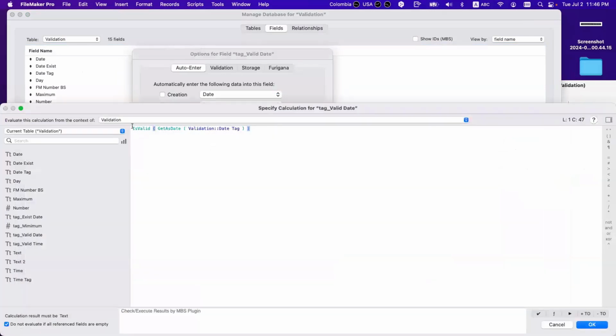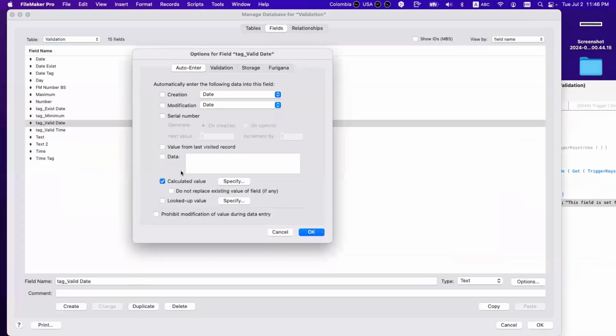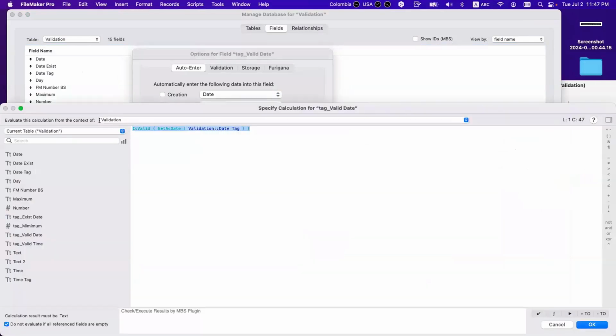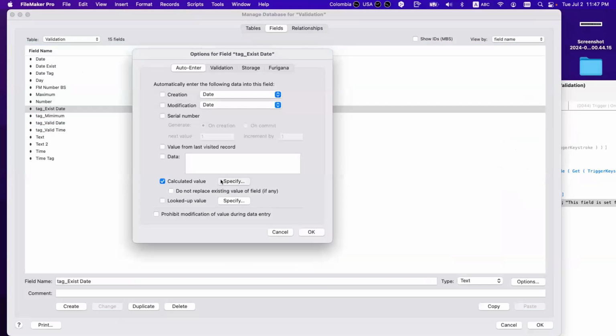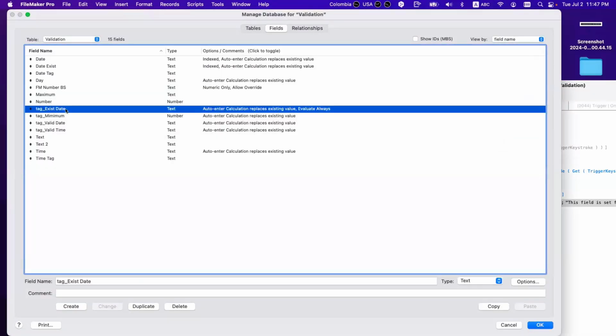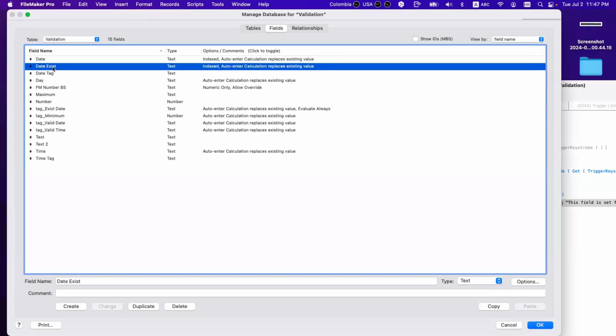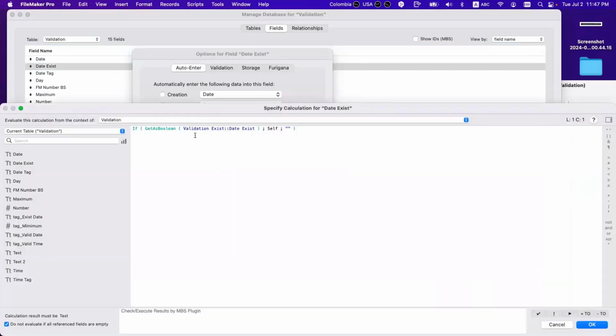You remember, is valid gets. It's the same calculation for the tag that you put in the fields. For example, for this one, the tag exists is the same as the that exists. But here I have an if that says keep or blank, but it's the same logic.